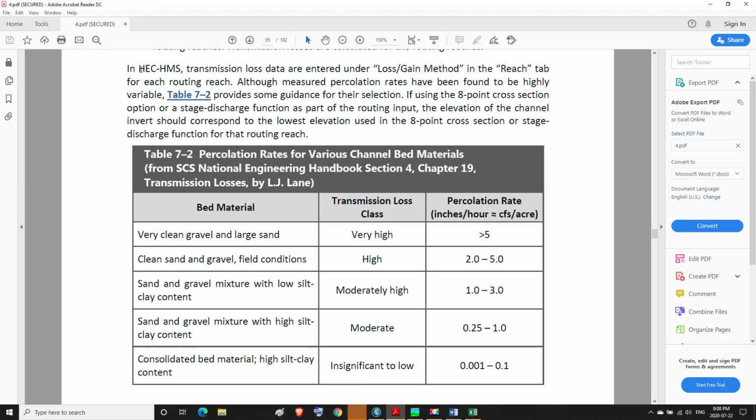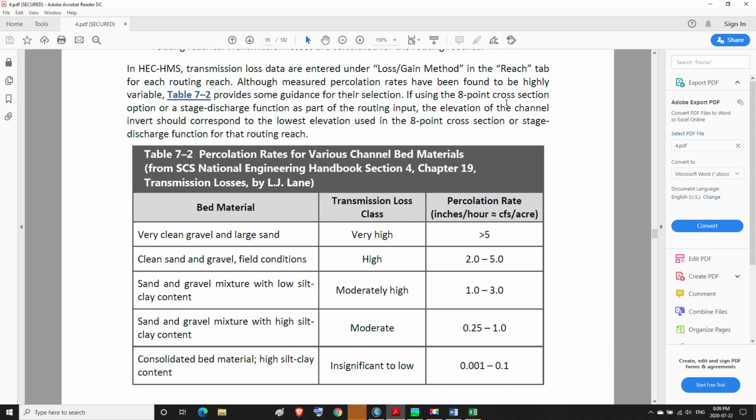In HEC-HMS, transmission loss data are entered under loss gain method in the reach tab for each routing reach. Although measured percolation rates have been found to be highly variable, Table 7.2 provides some guide for their selection.